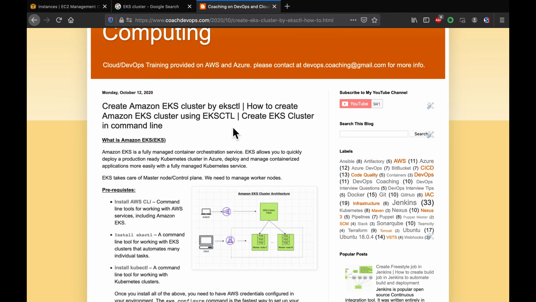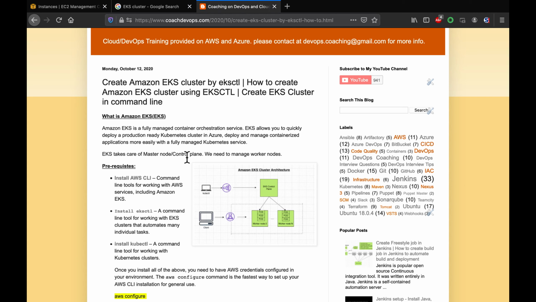Hey guys, welcome back. In this video, we are going to learn how to set up an Amazon EKS cluster using the eksctl command. So what is Amazon EKS? Amazon EKS is a fully managed container orchestration service which is used for deploying all your containers. They take care of managing the control plane. We don't have to worry about managing the control plane. All we have to do is set up the worker nodes and then deploy our container-based applications into the